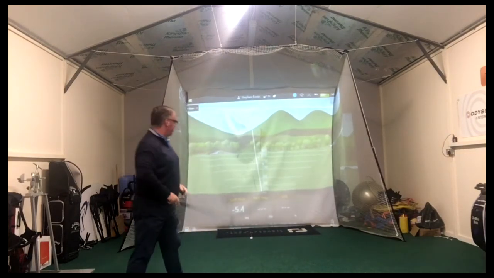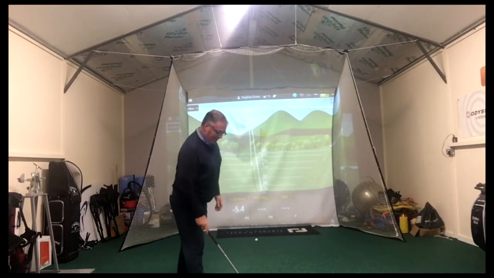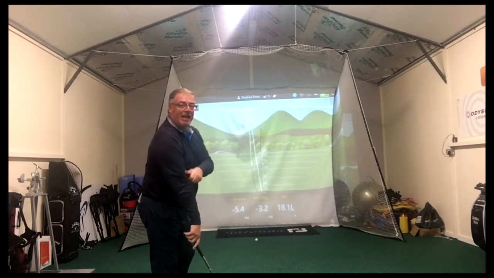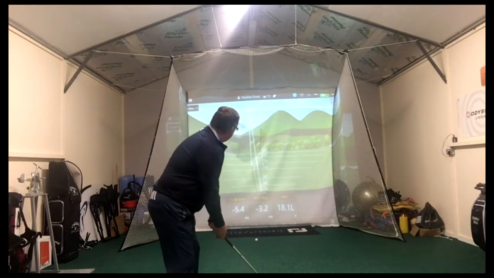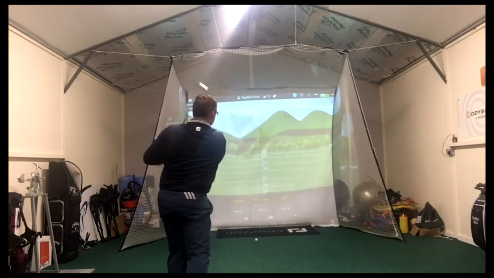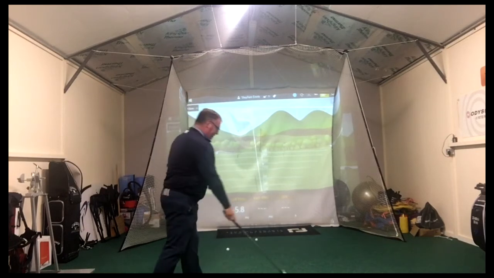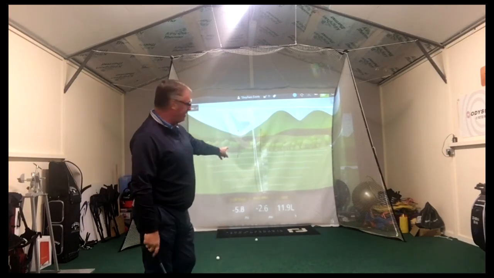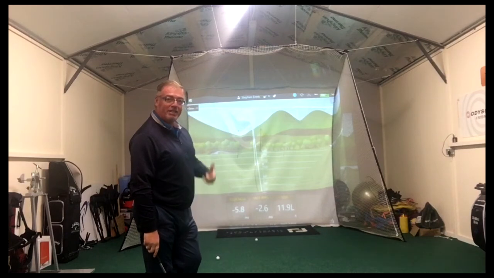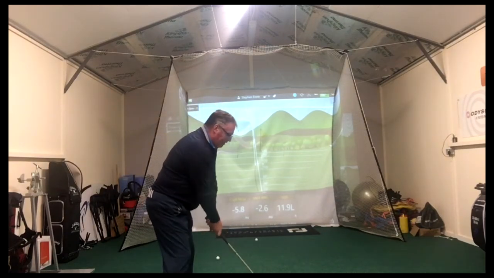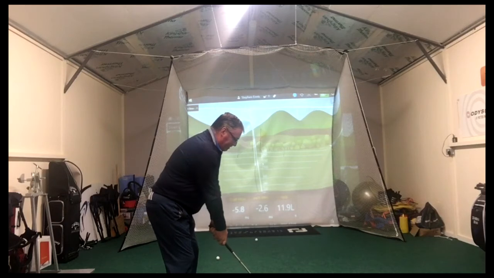Down the left, curving back a little bit. I can play with that. 18 foot, but it's down the left. It's consistent. Let's see if we can get a few down there. Down the left, coming back. My club face, if you look at the minus 2.6, my club face is always left. It allows that ball to start left.